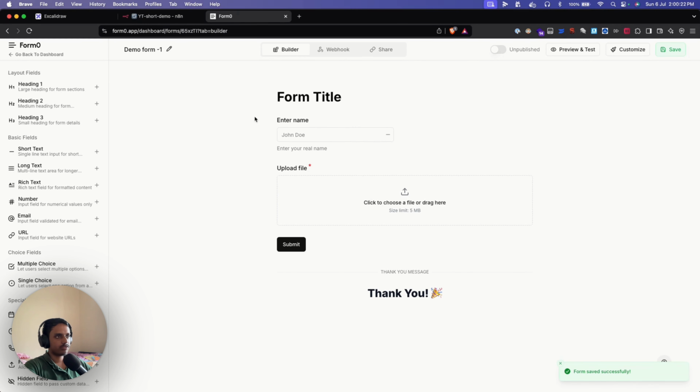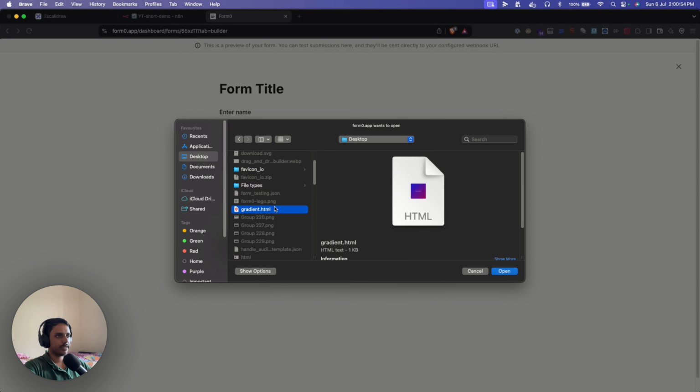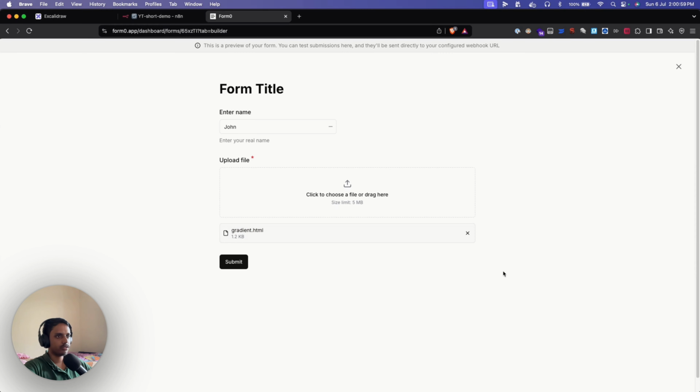So this is the form that we have. We have an input field here for entering the user's name, and we have a file upload field. Let me quickly preview that again. So this is the form, and if I just try to submit it, you would see validation errors. Let me fill it out and make a test submission. Name would be John, and for file, let me click on this. Let me choose this one, gradient HTML, since we also accept HTML files, right? Click on open, and you can see this file here. And once I click on submit,